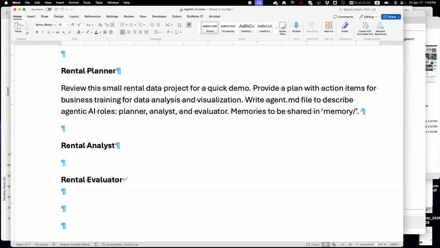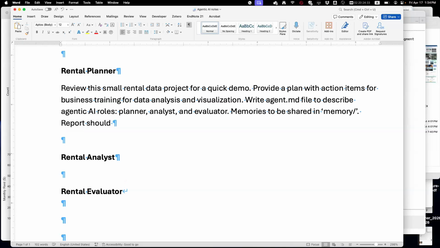Memory should be shared memory. Reports should be in the report directory, figures and plots should be in the output directory, source code in the source directory.